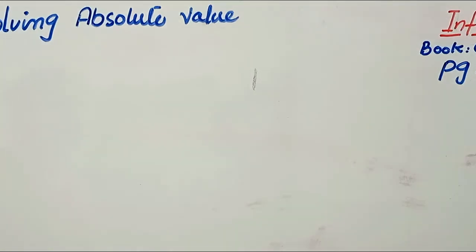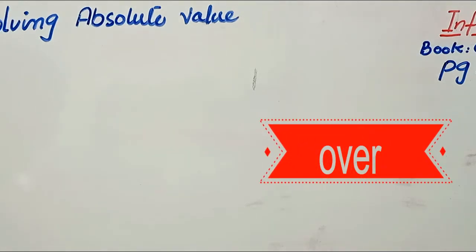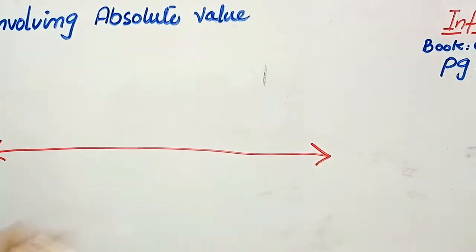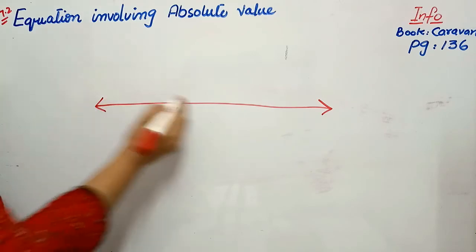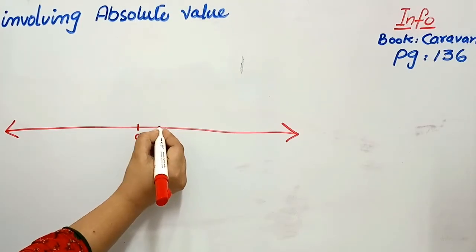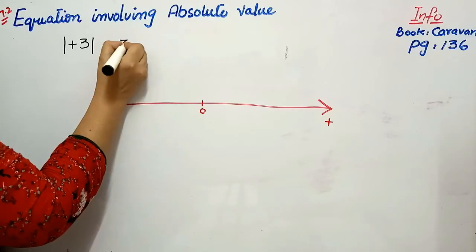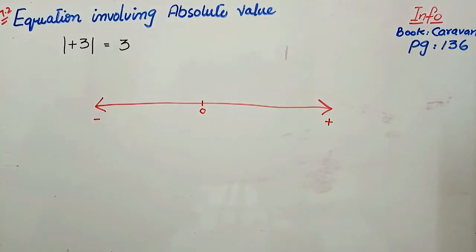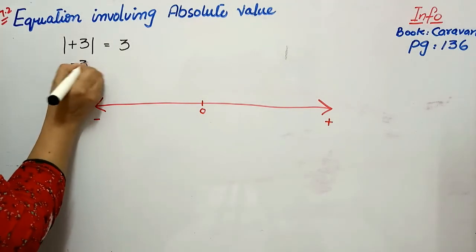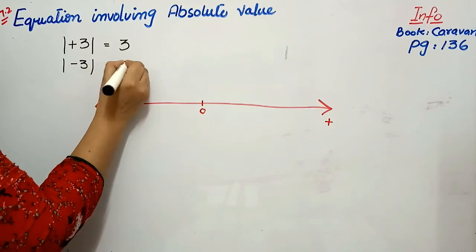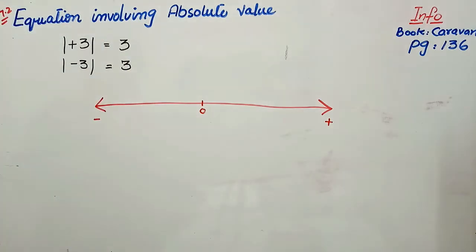I am giving you 30 seconds to think about why absolute value gives you the positive number. So let's give you the answer to that question. You already know this is the number line. This is 0 and here all positive numbers would be, and here the negative numbers would be. I am saying positive 3 mod is equal to 3 and negative 3 mod is again equal to 3. Why is it so?